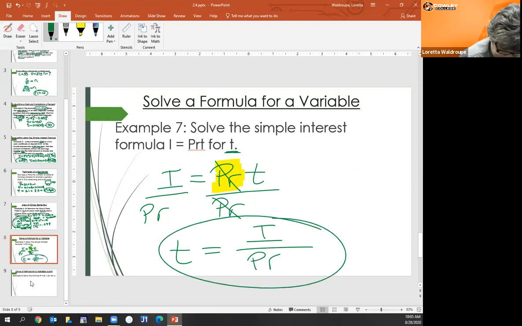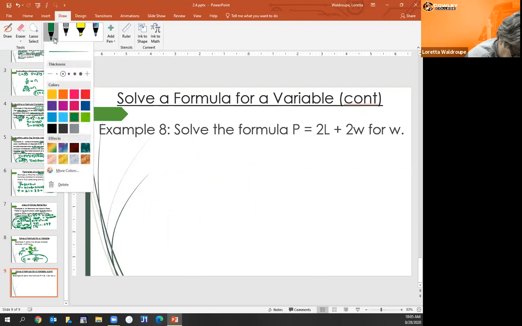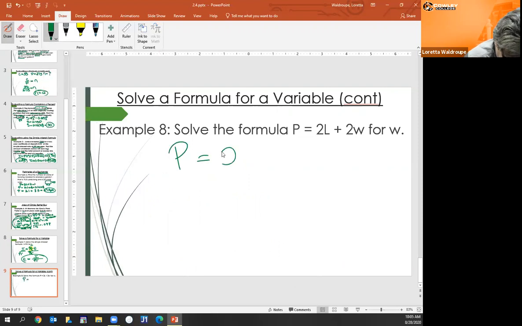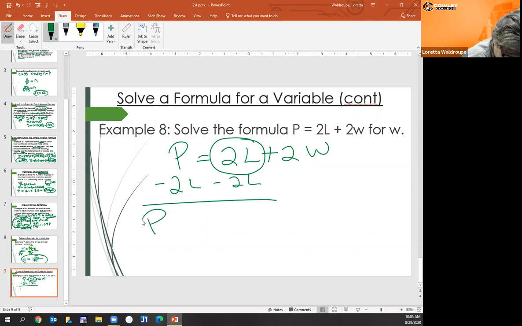One more. P equals 2L plus 2W. Okay, I want to solve this equation for W. So when I look, the first thing I notice is my 2L doesn't have a W in it. It's a positive 2L. So to move it to the other side, I subtract it. So I have P minus 2L